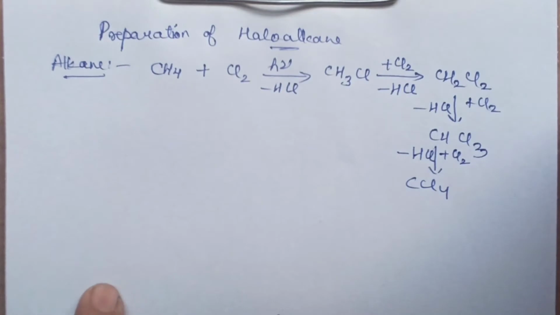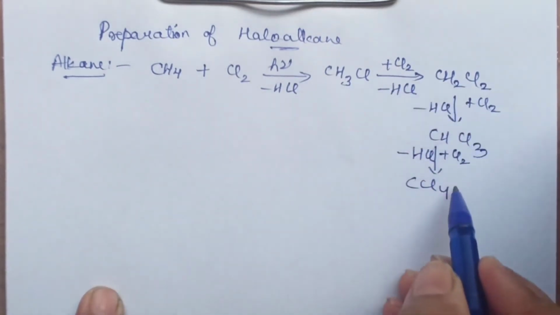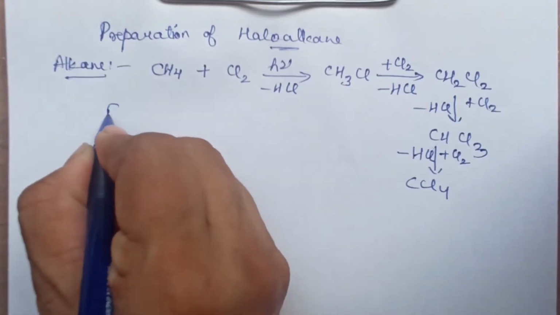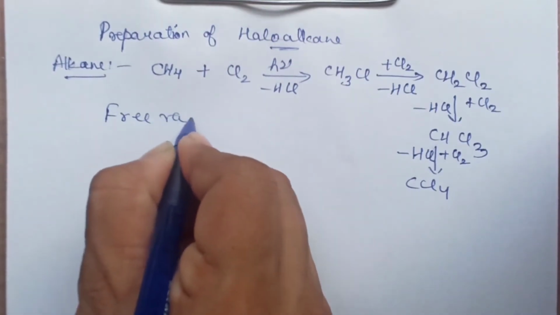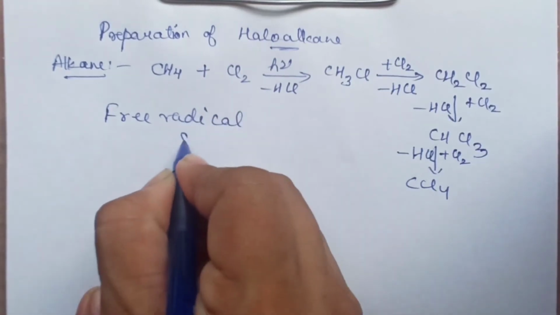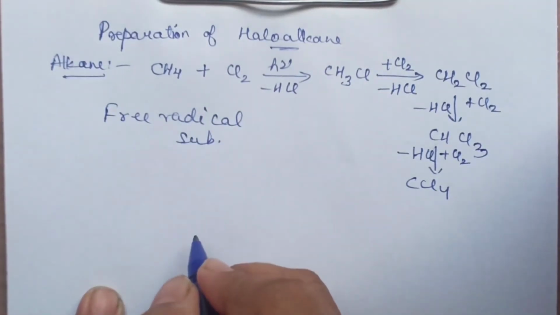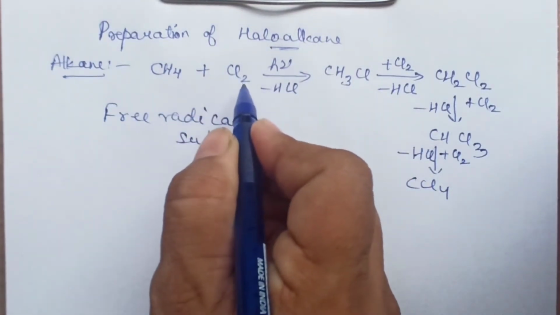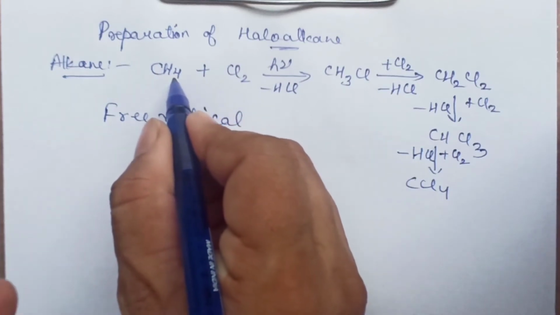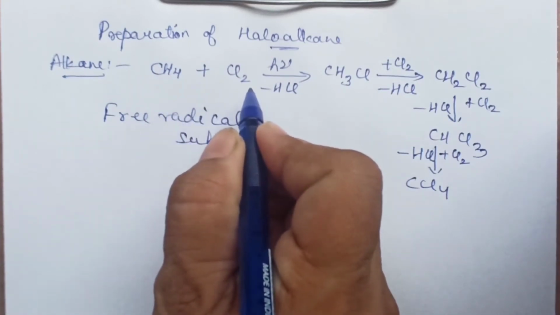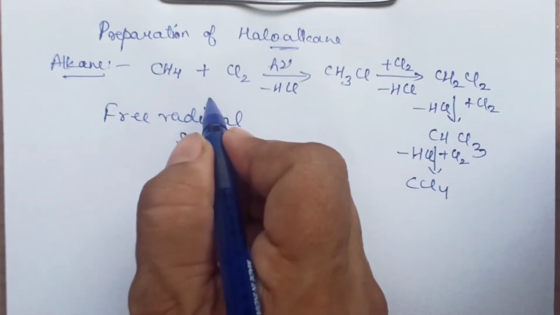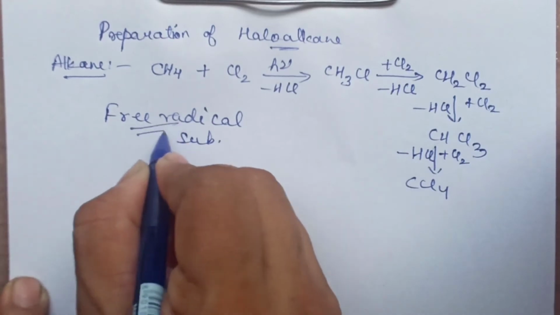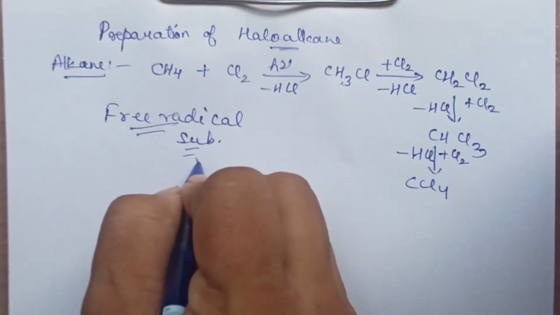So in a way what is happening? One by one all hydrogens are getting substituted by chlorine. And we have done in 11th class, this follows free radical substitution reaction. This is free radical substitution reaction. So this chlorine will generate a free radical. That free radical will attack this, take one H from there, and again one more free radical will be generated, and so on. It continues. You can just refer to the mechanism which we have done in class 11, free radical substitution reaction.